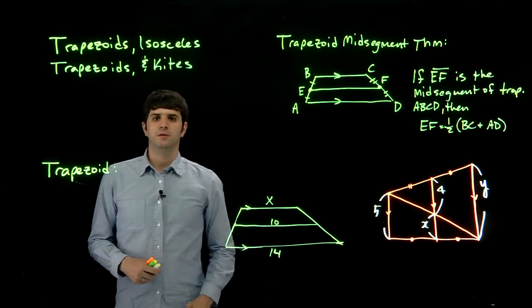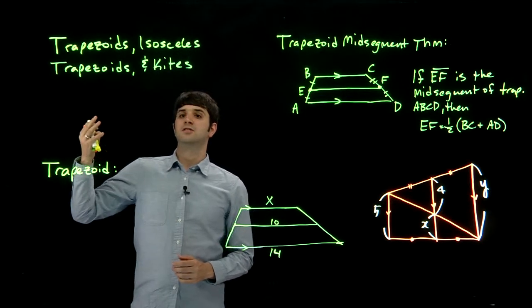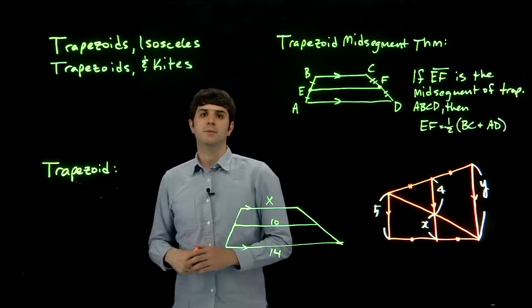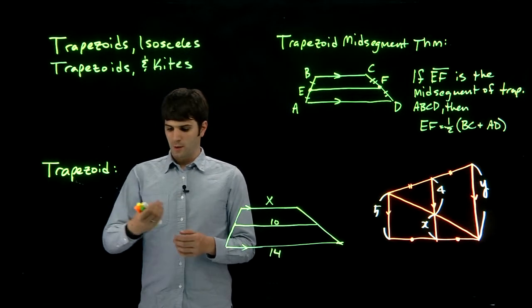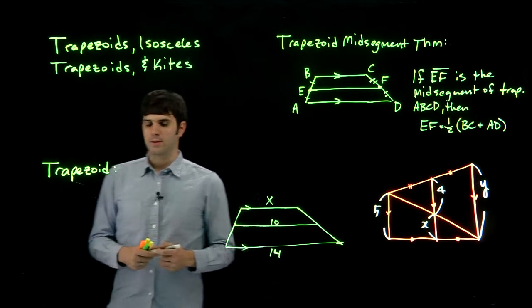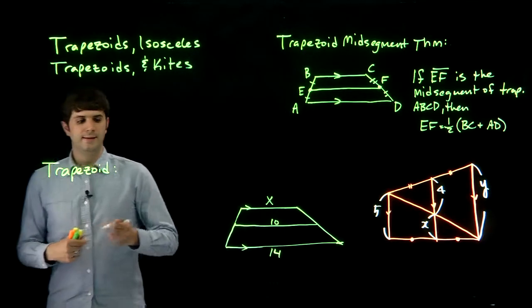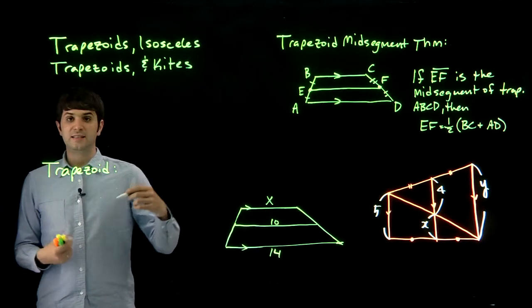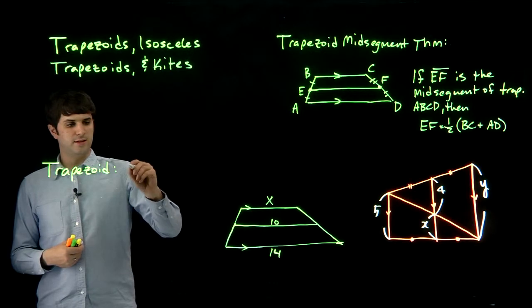Okay guys, in this video we just want to get into this chapter on trapezoids, isosceles trapezoids, and kites. So we're going to start out with the trapezoid. Maybe some of you guys have a decent idea about this, but a trapezoid is a